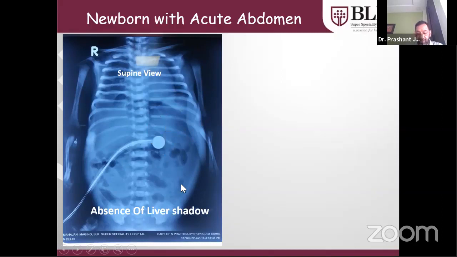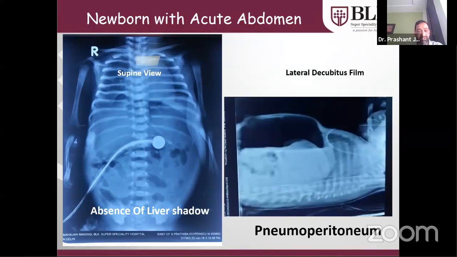And when we did the lateral decubitus film in this child, you can make out that there's gas lying below the anterior abdominal wall. We prefer doing the left lateral decubitus film so that we can see the gas shadow against the liver shadow. The child had intestinal perforation and was taken for immediate urgent exploration. So the message I want to give you is, sometimes supine films can miss the free gas